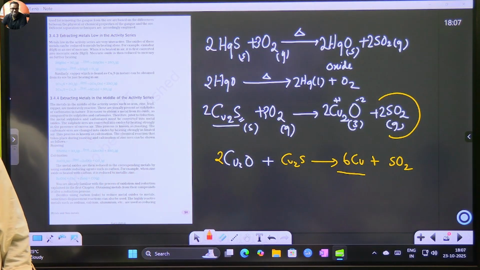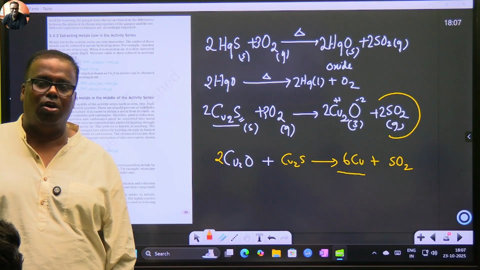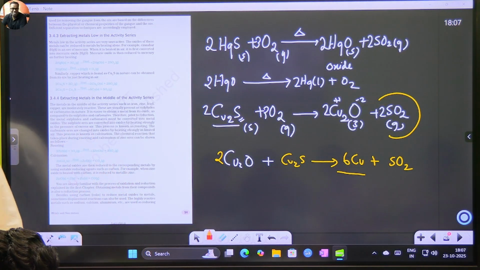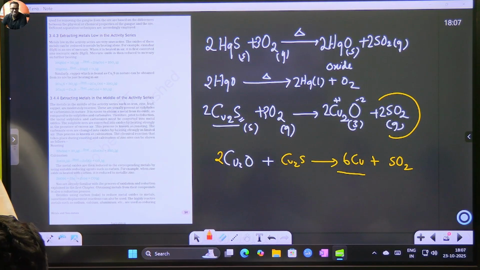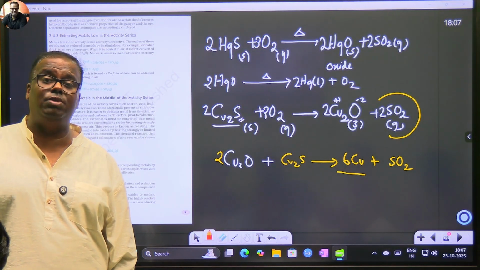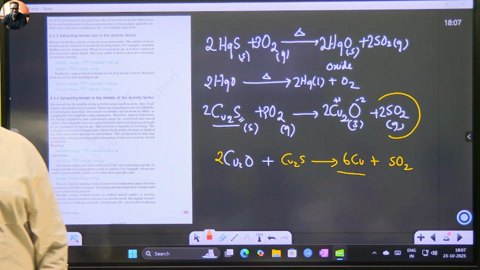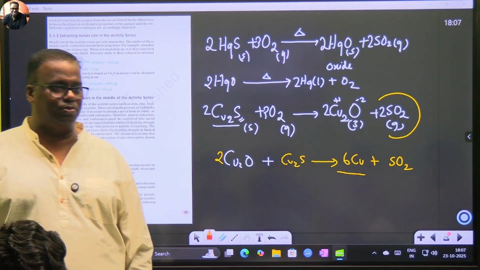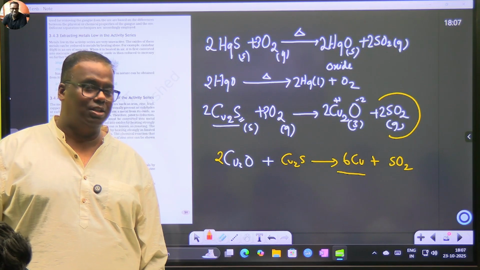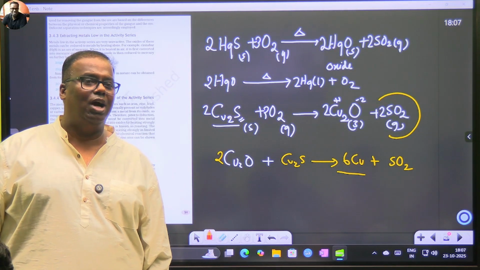In both cases, we will get zinc oxide, either from ZnCO3 or from ZnS. Our end product will be ZnO, and ZnO further will be treated with carbon. In geography you must be learning, coke is a good reducing agent in a blast furnace. So when we put coke inside, coke does not mean the thumbs up coke. This means carbon in the form of coke. What is coke?